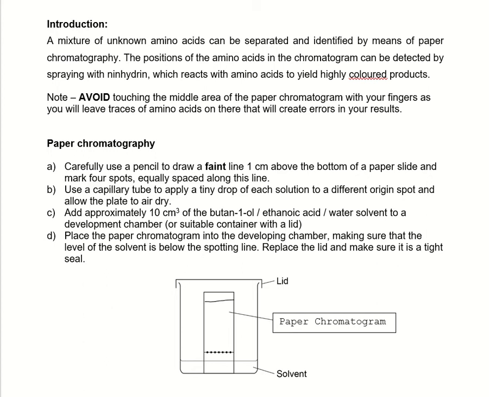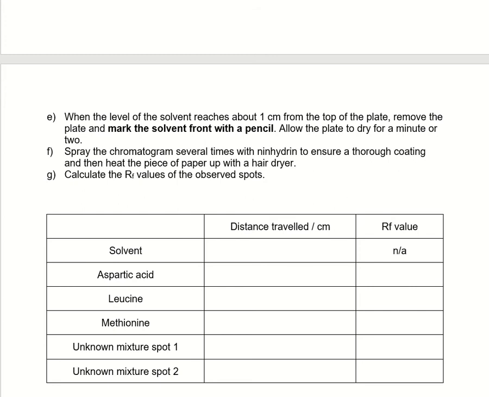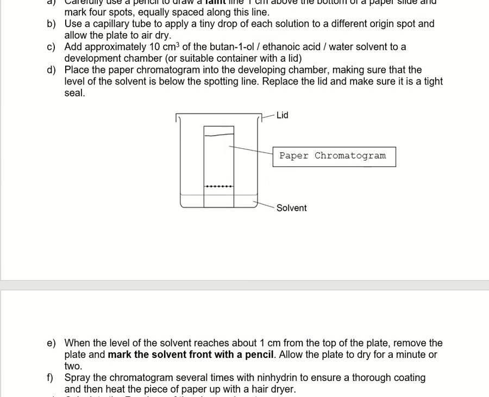And then with paper chromatography, like it says, we need to spray with a, where is it? Might be a little bit down. Ah, yeah, so they're spraying with ninhydrin just to show the actual color. So you won't see the amino acids until it's been sprayed and heated up. Avoid touching it with your fingers, otherwise the amino acids on your skin will stain it and you'll probably have